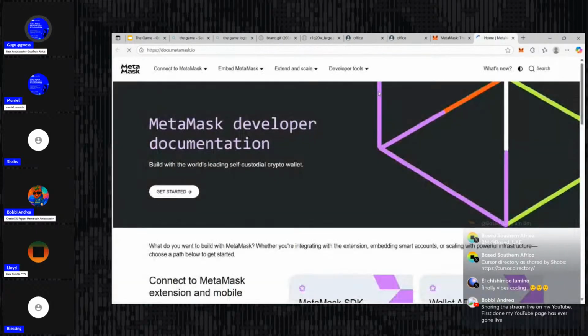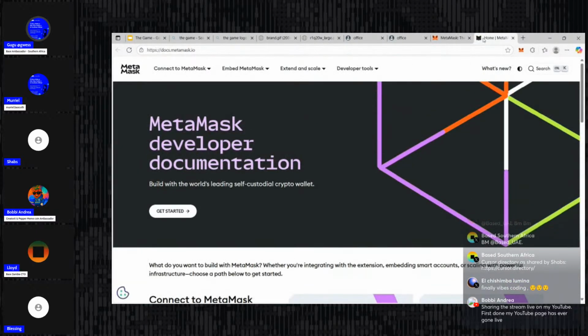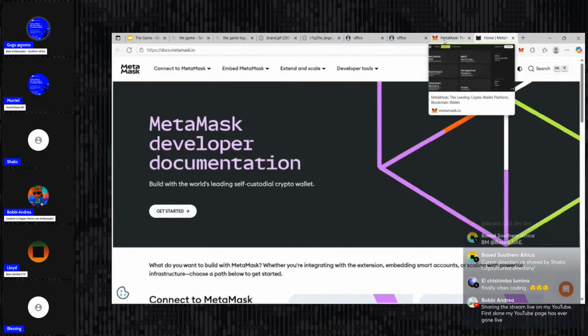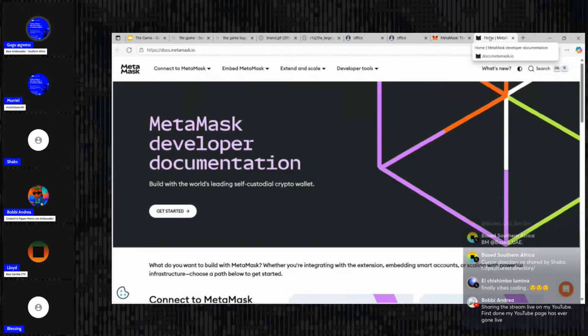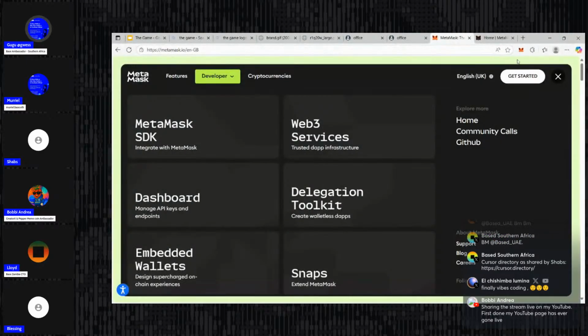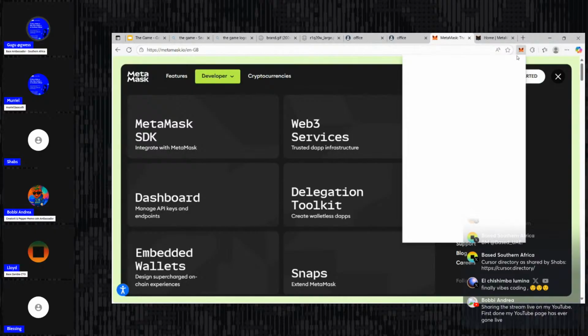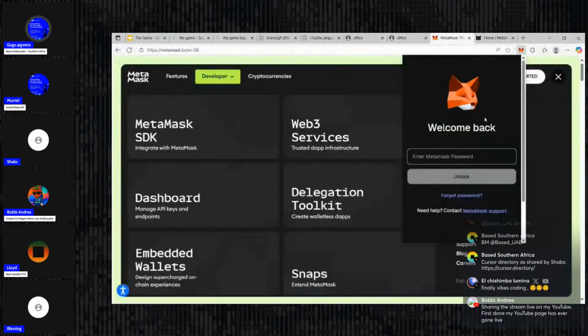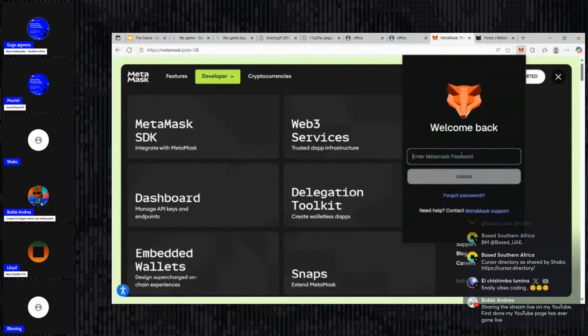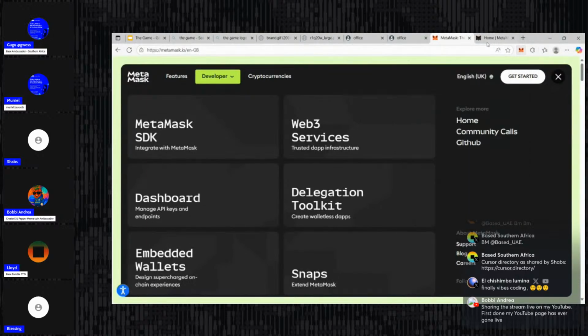So you can install it for your system. If you're on Mac, try and install Chrome. If you're on Linux, I think there's Chrome. Chrome works better than most browsers for this stuff. So try and install MetaMask, and it's going to come up over here. MetaMask is a wallet, guys. So when you set it up, you get a seed phrase, and you have to keep that private.